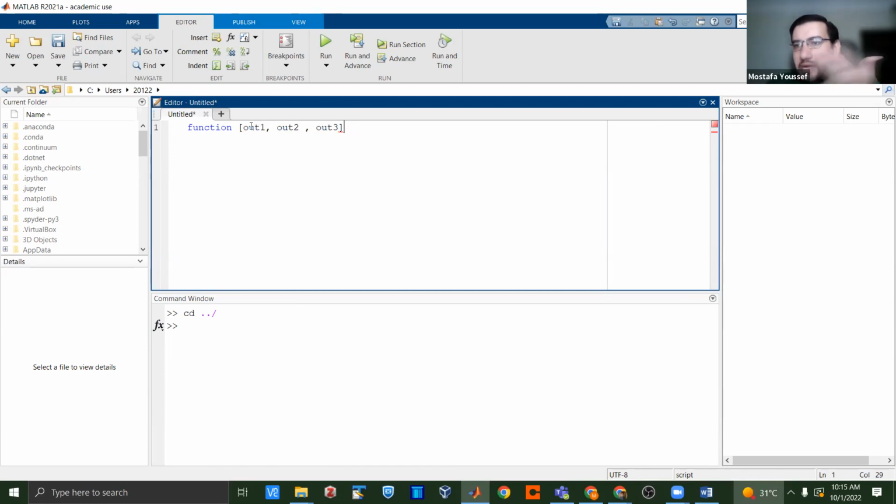Okay, X, Y, Z, for example. These are the outputs. Then that equals the name of the function itself. Let's call it, for example, my first function. Then between two brackets, you're gonna put the input, stuff that the function needs in order to calculate or do its job. So for example, this could be input number 1, input number 2, input number 3, and so on and so forth. Then when you save this function, so if I type save here,